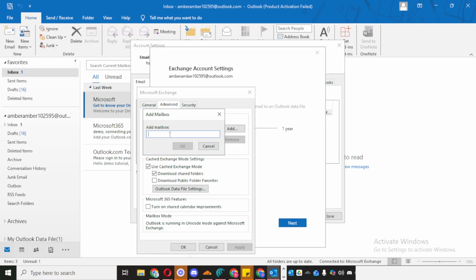After Outlook refreshes, you should see a new shared mailbox section in your folder list. If the mailbox doesn't appear immediately, give it a moment and check again. Sometimes Outlook takes a little time to sync. Also, keep in mind that you usually need the correct permissions before a shared mailbox can be added successfully. And that's it. Once the mailbox appears, you'll be able to open it directly from Outlook and start using it alongside your main email account.